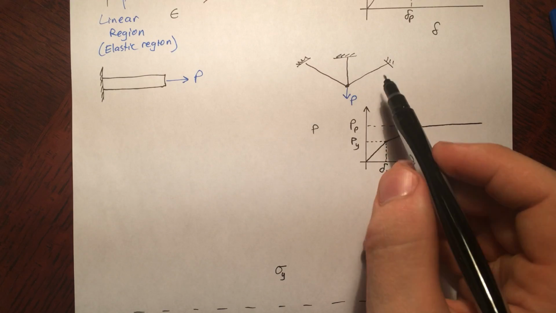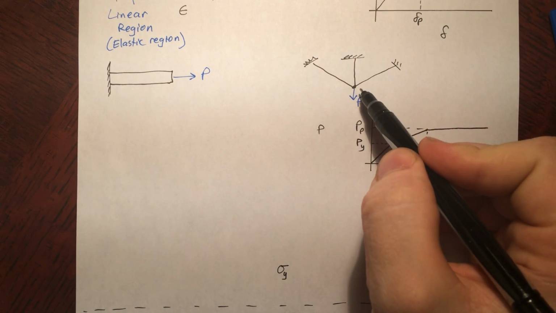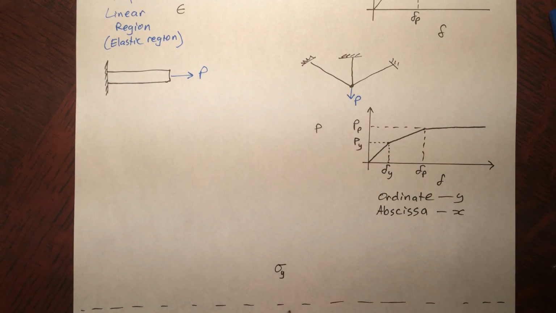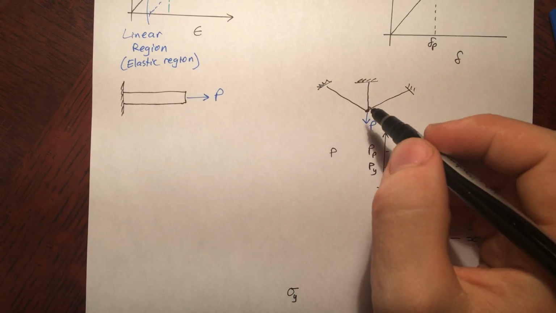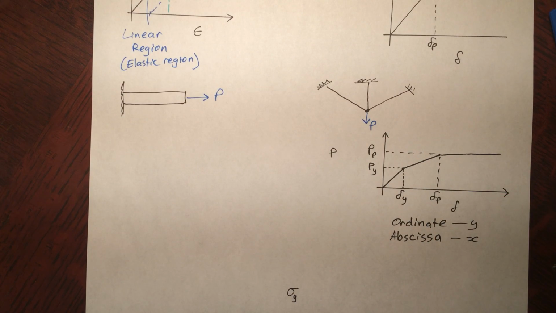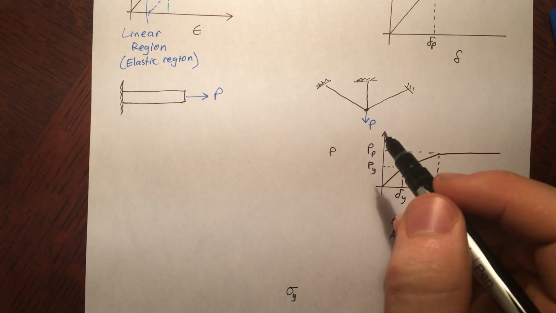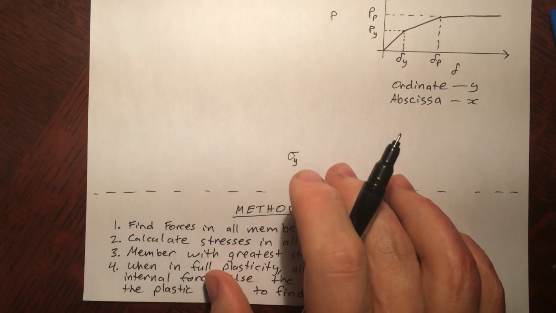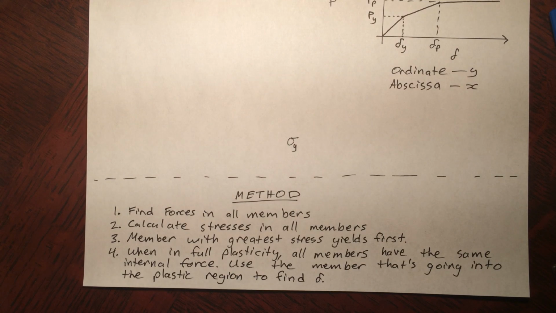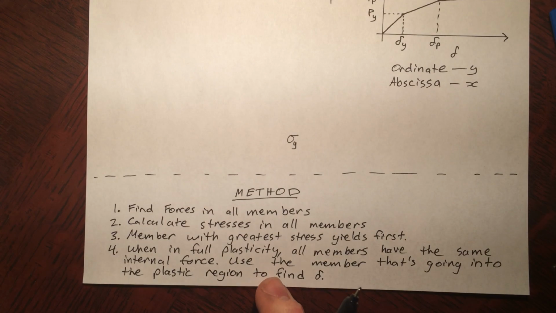So it's best to say, as soon as it goes into its plastic region, take the member that's just going into its plastic region and find the displacement of that member. Then you're going to have some relationship between these displacements, and you use that to find the displacement of the centerpiece, which is usually what you're looking at, the displacement of the point of application of the load. So that's pretty well my introduction to